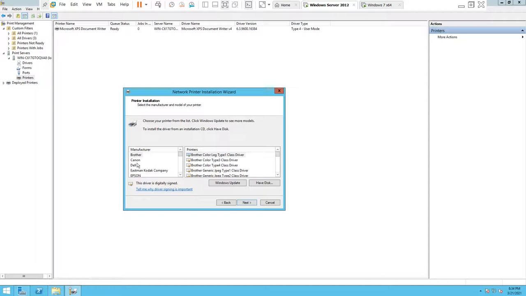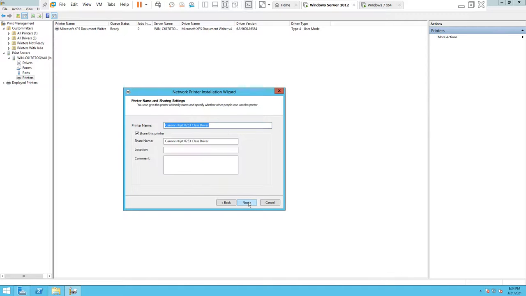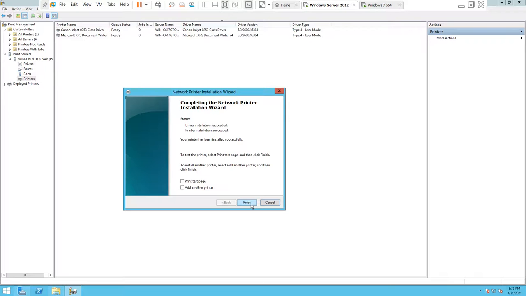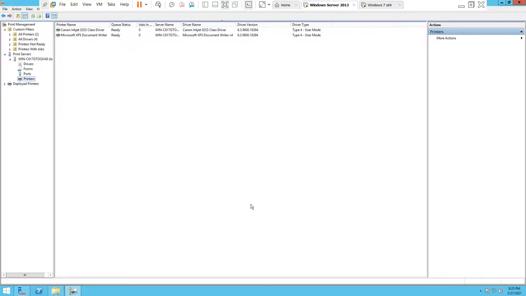For example, we are going to install the Canon Inkjet 0253 class driver. Next. We are going to install it locally as well as share this printer, and the sharing name is this, Canon Inkjet 253 driver. Then next, finish. So we have installed the Canon Inkjet 0253 class driver printer in the server.